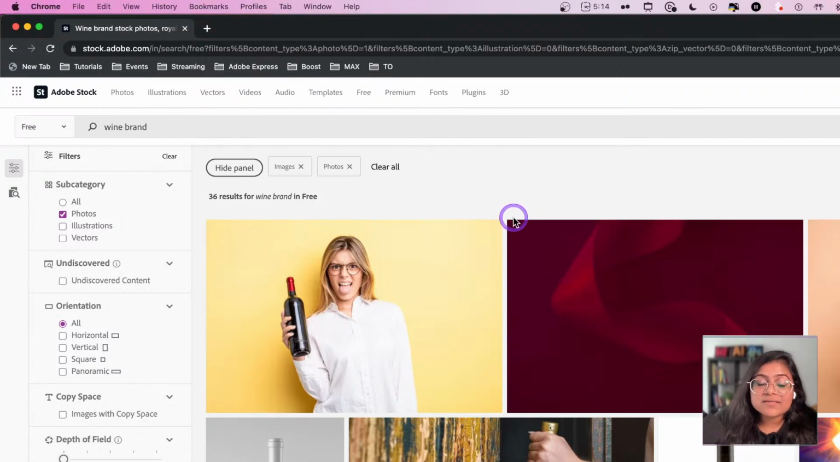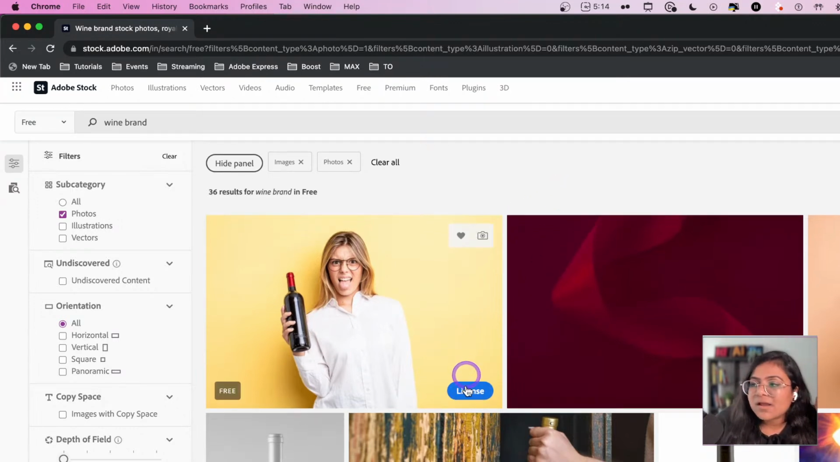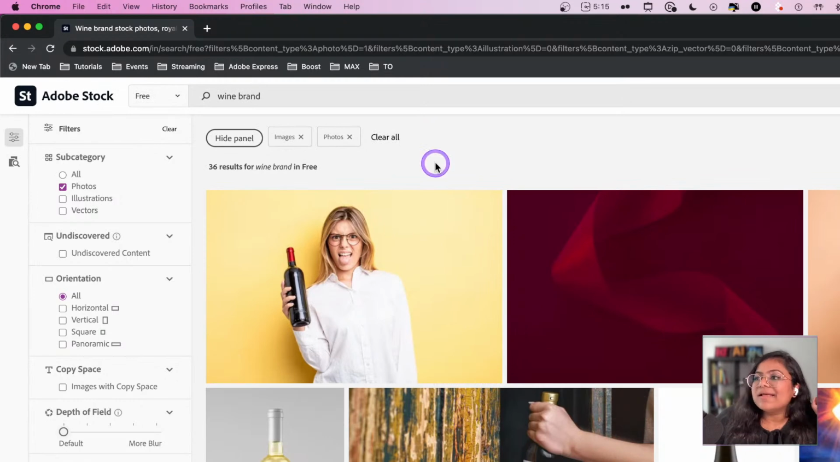So there are 5 things. I think these are the 5 things that come to the top of my head when I think about mockups. Anyway, let's go back to